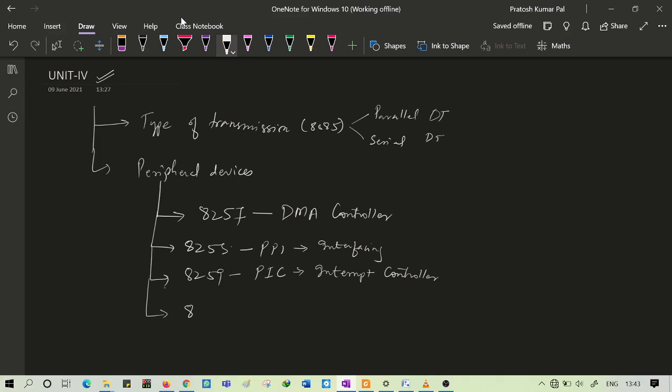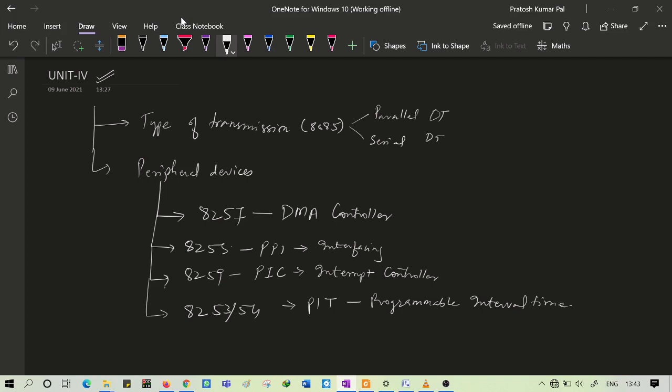The next we will see is 8253, which we also call 8254. This is the PIT, the programmable interval timer.